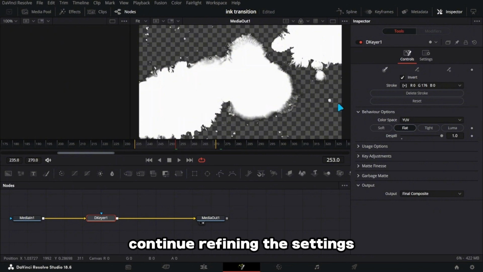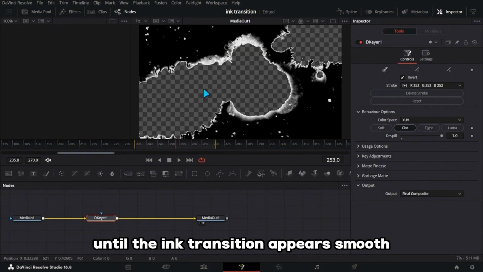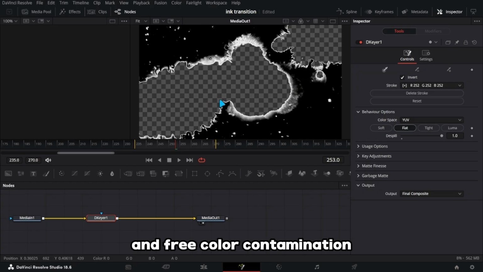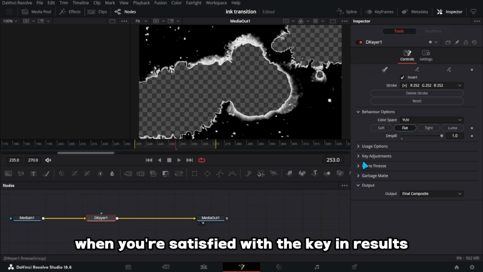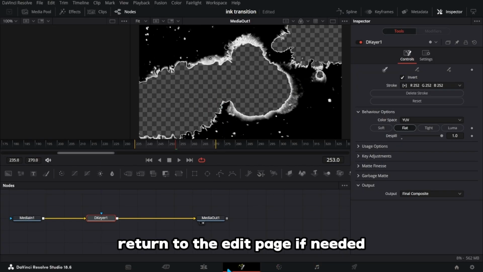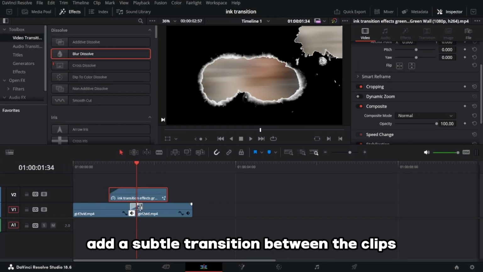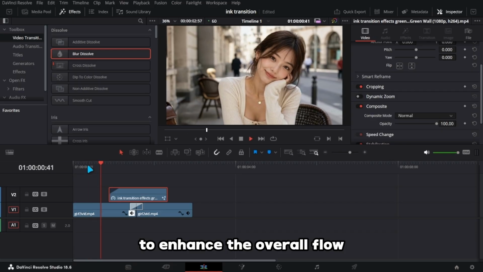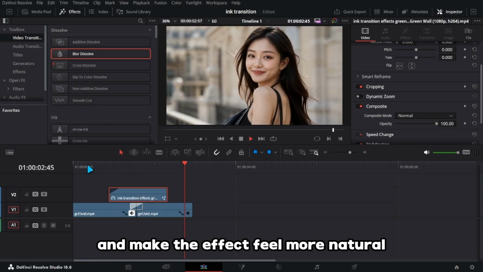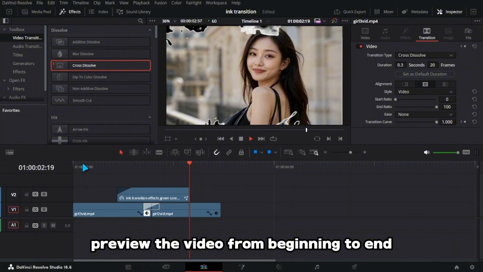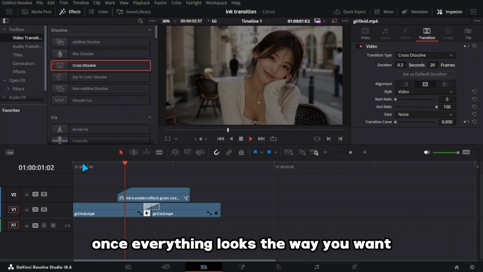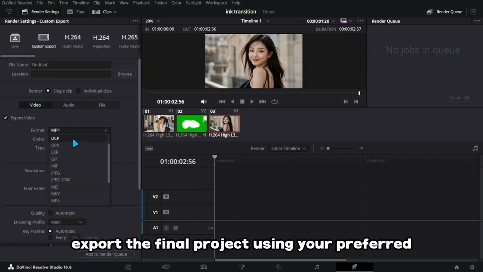Continue refining the settings until the ink transition appears smooth and free from color contamination. When you're satisfied with the keying results, return to the edit page. If needed, add a subtle transition between the clips to enhance the overall flow and make the effect feel more natural. Preview the video from beginning to end. Once everything looks the way you want, export the final project using your preferred